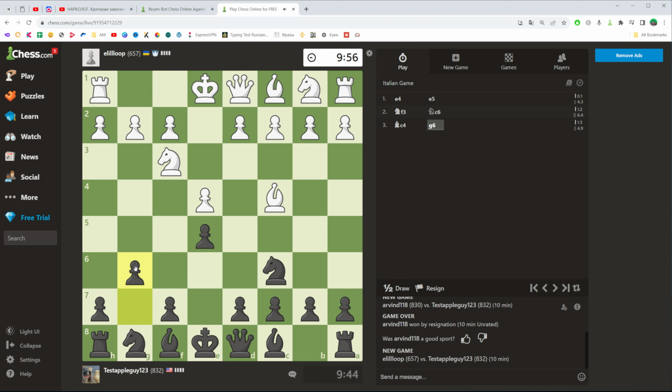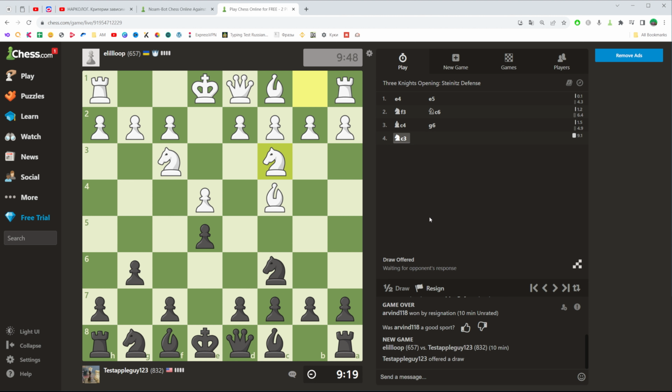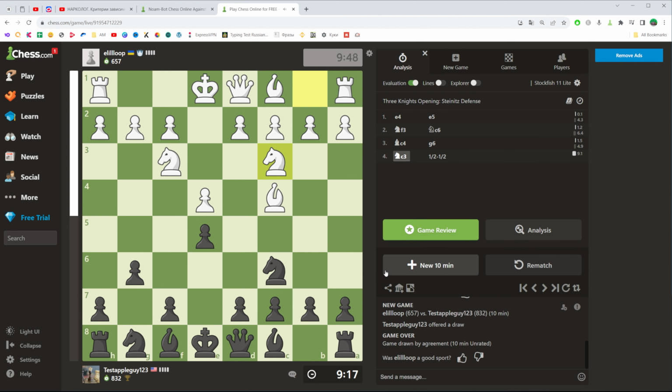Thanks guys. So let's get started. First off, once you are already playing a game and you want to offer a draw to your opponent, there is a way we can easily do so. All you have to do is just click right here where it says draw. Just click on it. It will ask you, do you want to offer a draw to your opponent? Click yes, and after that it says